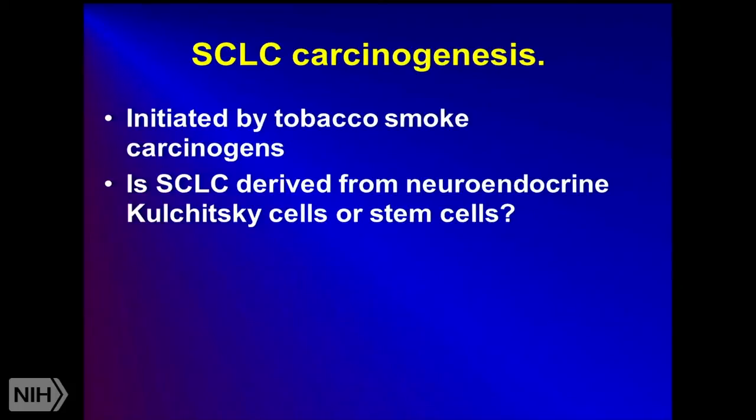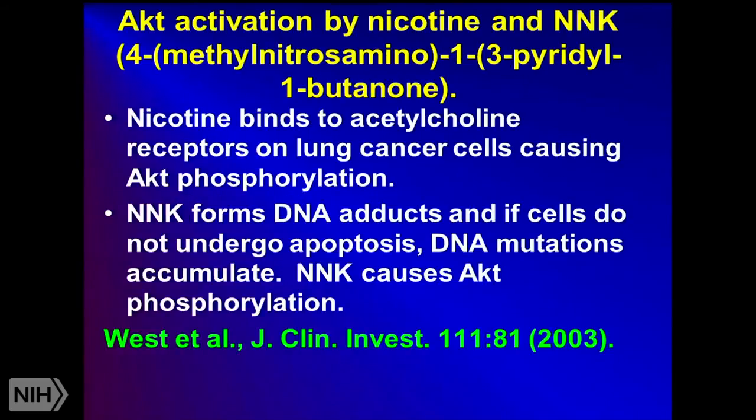So we mentioned before that most lung cancer is associated with tobacco smoke, and you inhale various carcinogens, they get activated and mutate the DNA. But really very little is known about the origin of small cell lung cancer. Is it derived from initially endocrine Kulchitsky cells in the lung, or possibly from stem cells? We don't really know. One thing that's in the tobacco smoke is nicotine,